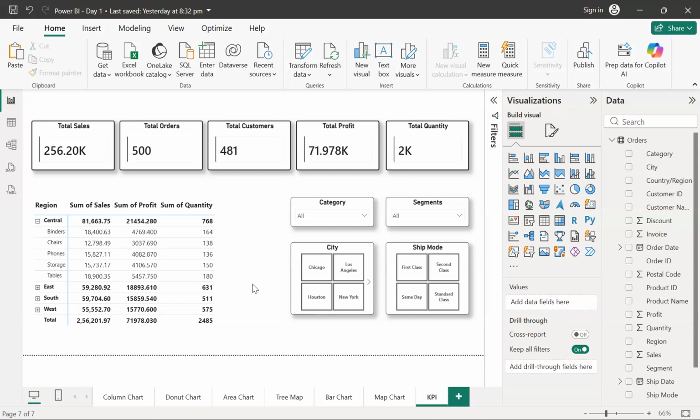And then from tomorrow, guys, we are going to start with the data transformation, which I can call how to write any DAX formula for creating any new column or any new measure. That is what we are going to start from tomorrow. Till then, make sure that you practice all these charts.